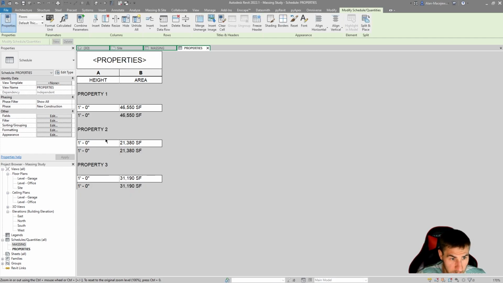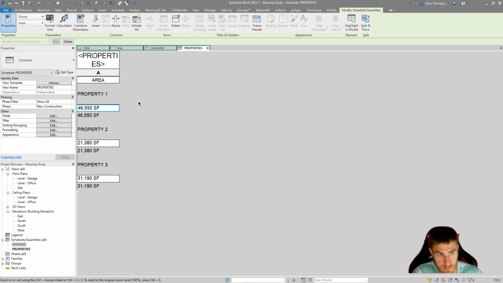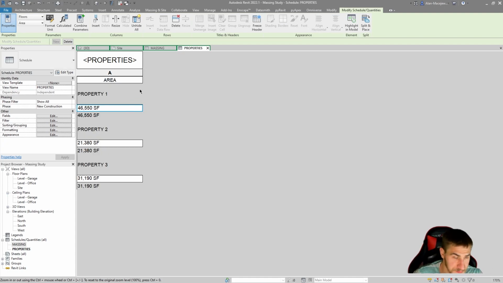And so this is what happens. Look, my 1, 2, 3. Again, I don't care about the height, so I will hide this. So we have our areas. This is great. This is essentially everything that I need, at least to start manipulating the data at this point. So with this, what I can do is